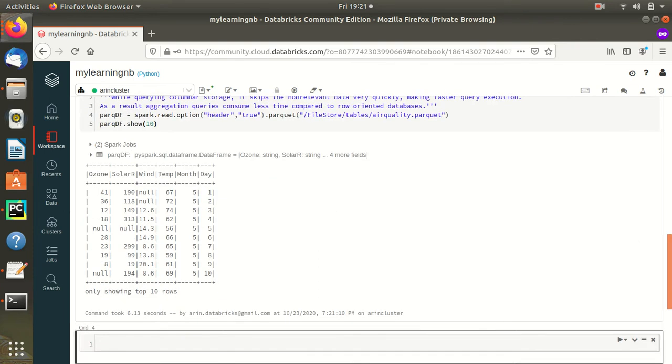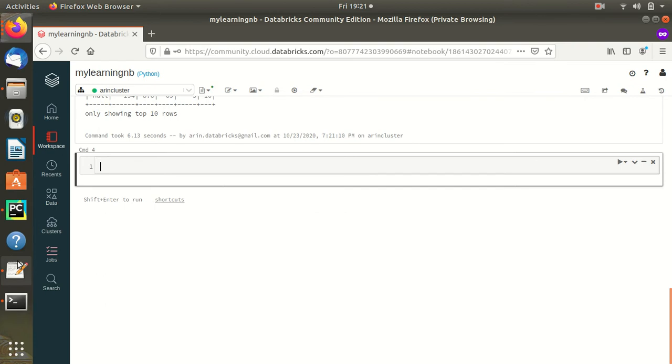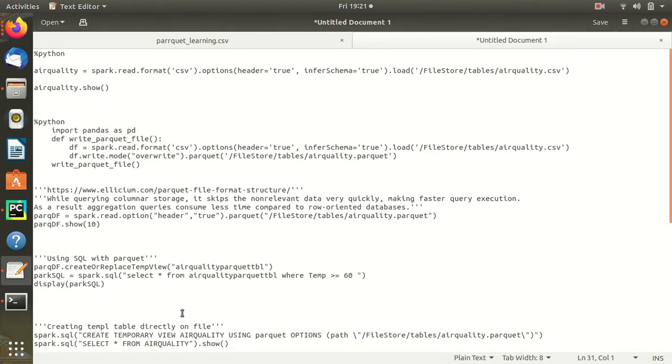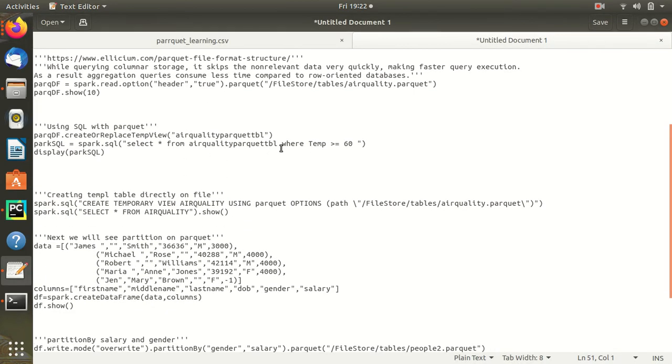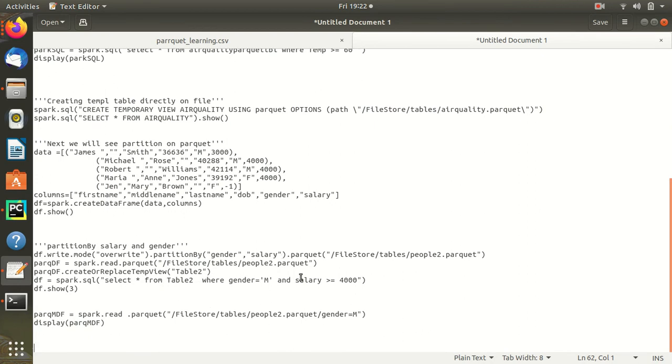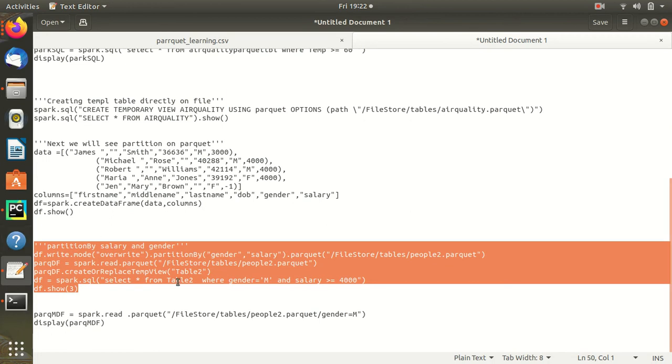For Parquet, you can even go directly and create a table and run a query, and also directly from the file you can create a temporary view, not a table, and then from that directly you can do a show and all that stuff. Likewise you can do a partition as well, and here we are doing a little partition. You can run all of these details